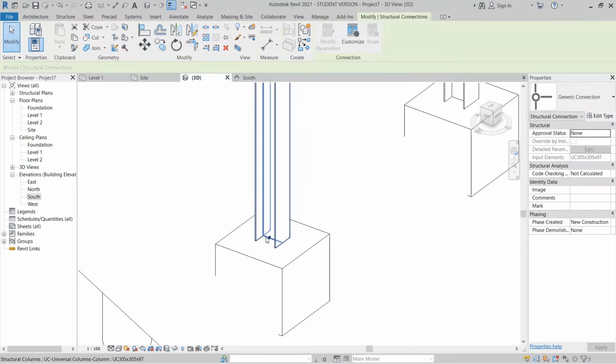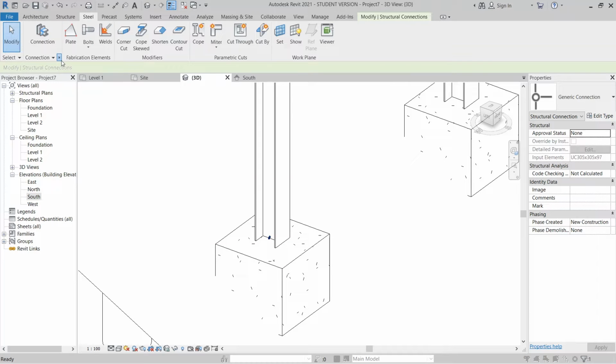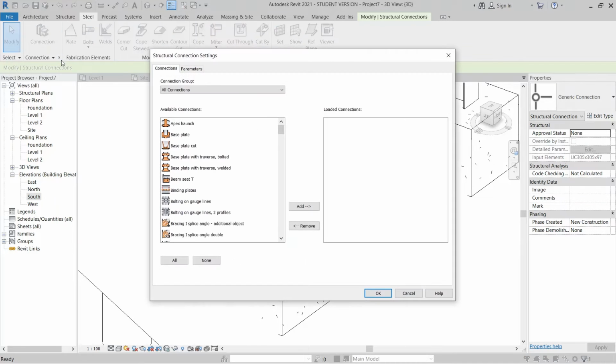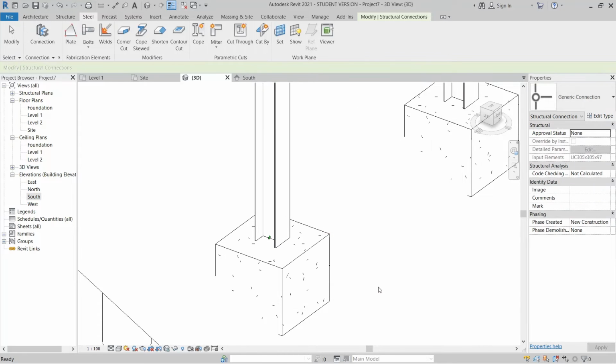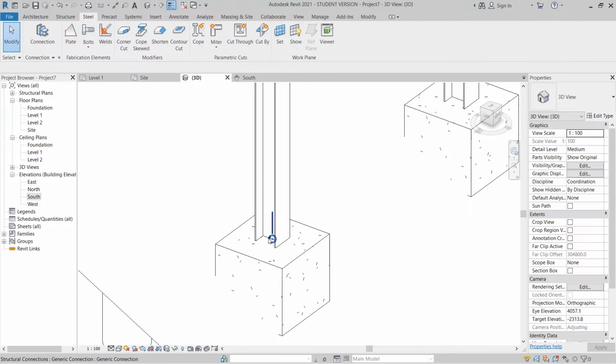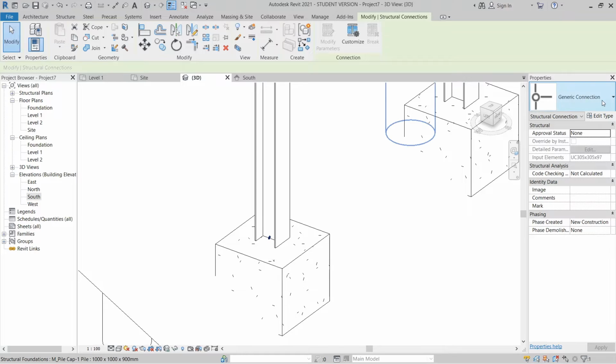Okay, so our connection, we got connection already. Go to steel tab again. Drop down, find for connection here. Select all, then add, then hit OK. Then select the green line here. Drop down, finding for those base plates that we want to use in our project.